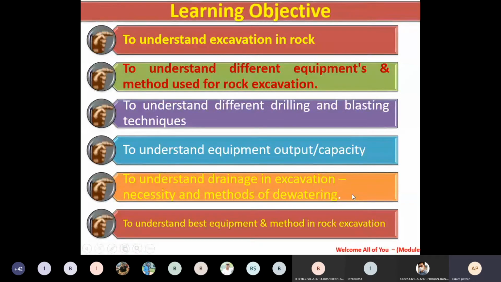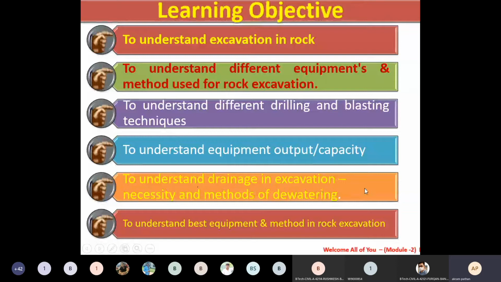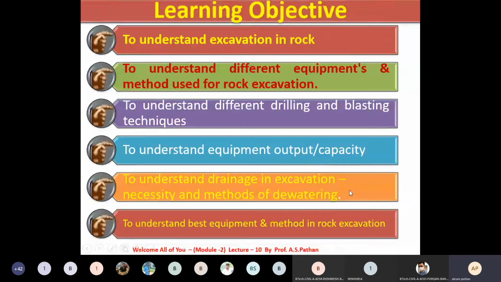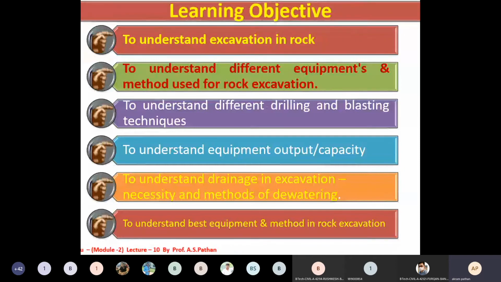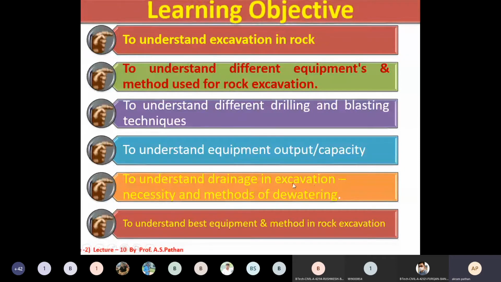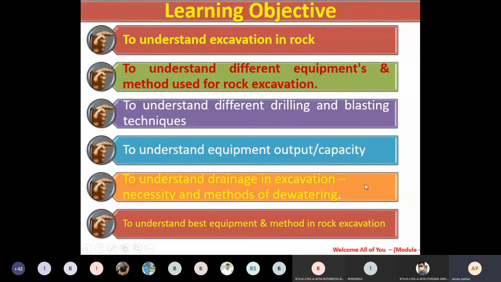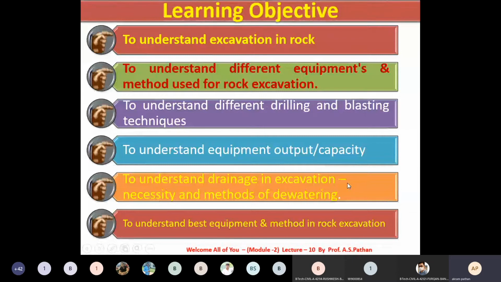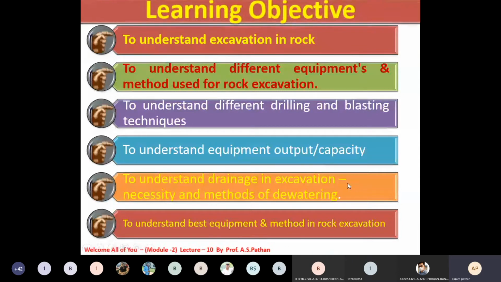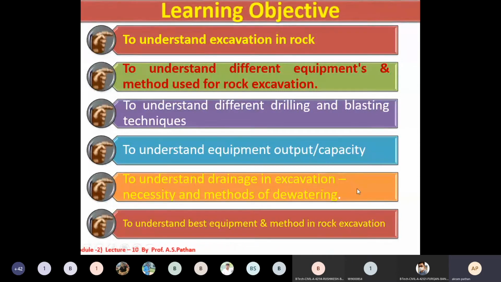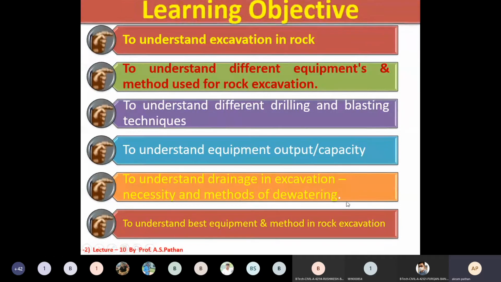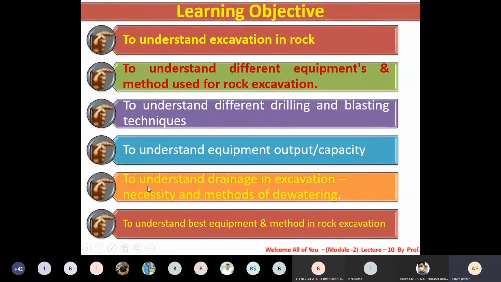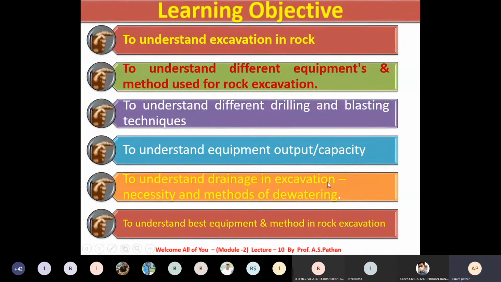In the case of a tunnel also, while constructing the tunnel, percolation of water from the upper side of the hills may be there, and due to which the water may disturb the working area of that tunnel. So we require dewatering. What techniques and methods are we going to apply for dewatering of that water from the working area? In this module you understand these things.